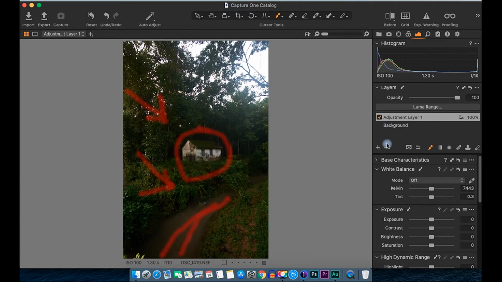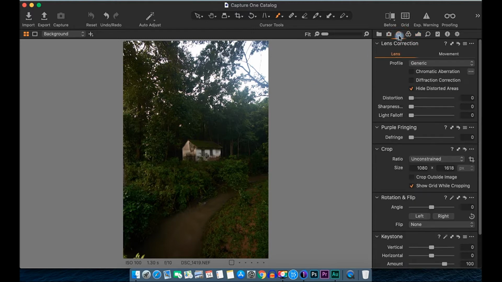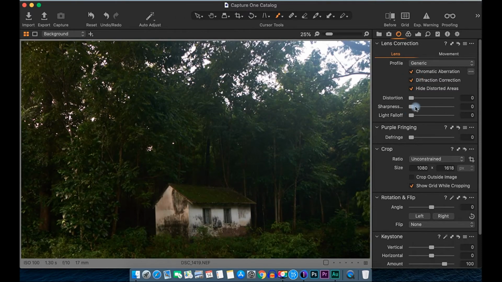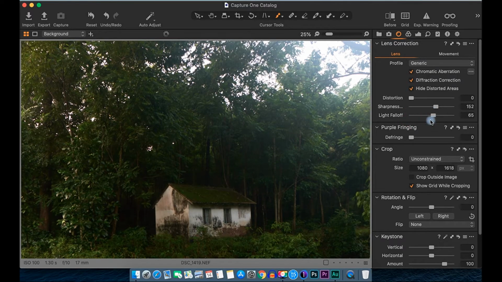So let's remove that. We're going to work with this direction of light and enhance this photo accordingly, using mostly global and local adjustments only. To start with, go to the lens tab, remove chromatic aberration and any diffractions, give a little bit of lens sharpness and lens fall off, maybe till the center.